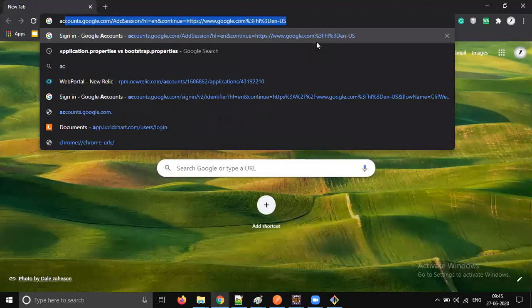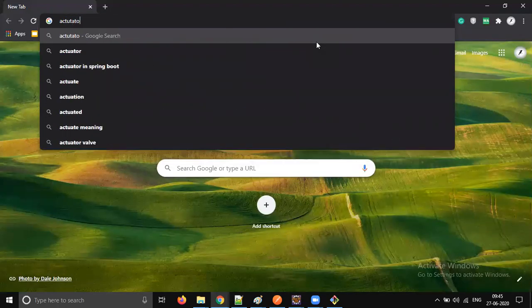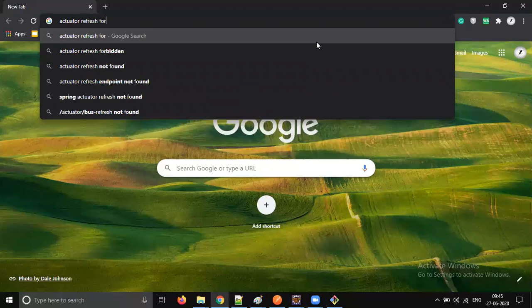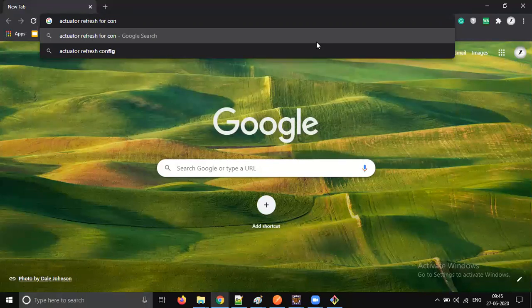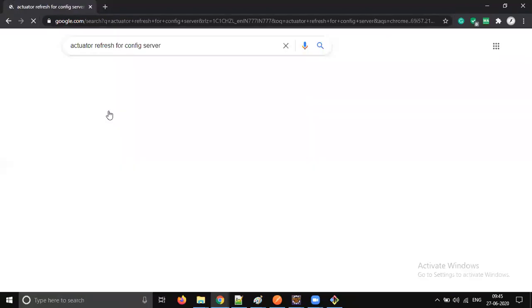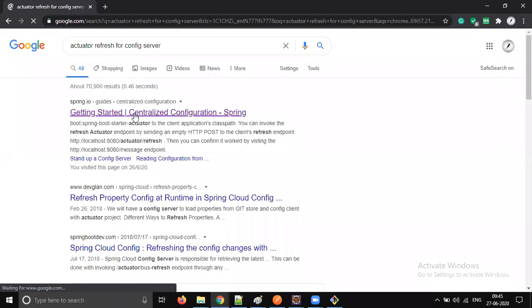Actuator, refresh for cloud config server.